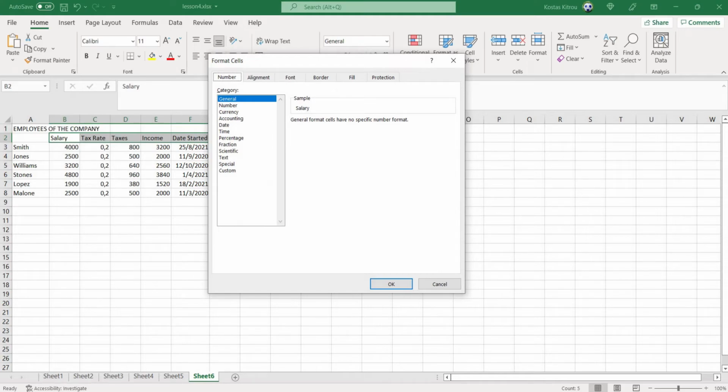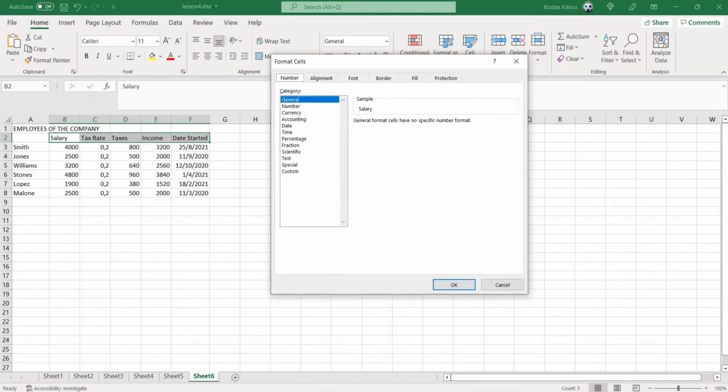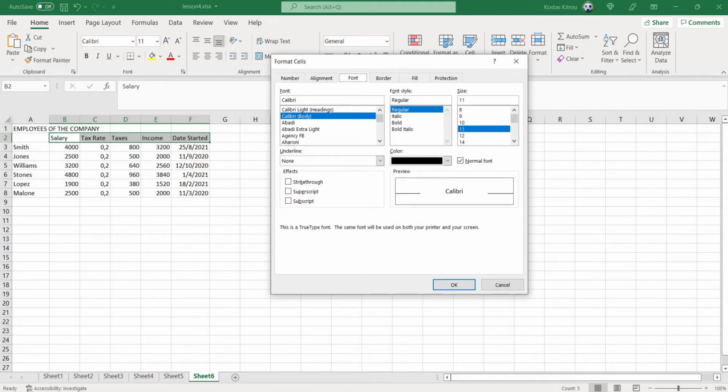So for example, now I have selected some title columns, some fields: salary, tax rate, taxes, income, date started, which are information related to the employees of the company. So I want to show those letters, for example, as bold to emphasize, and maybe with a bigger size. So I'll click on the font tab and I will click on bold, a bigger size, for example